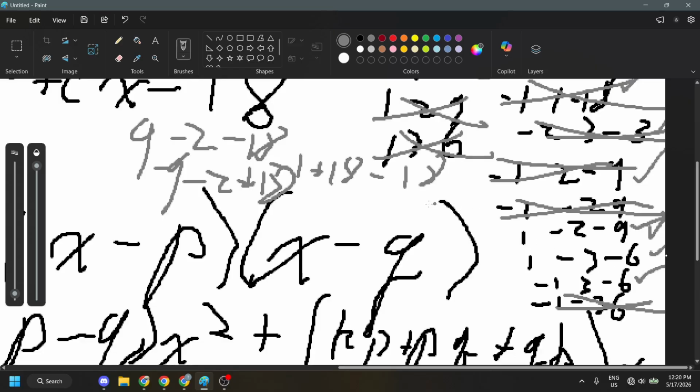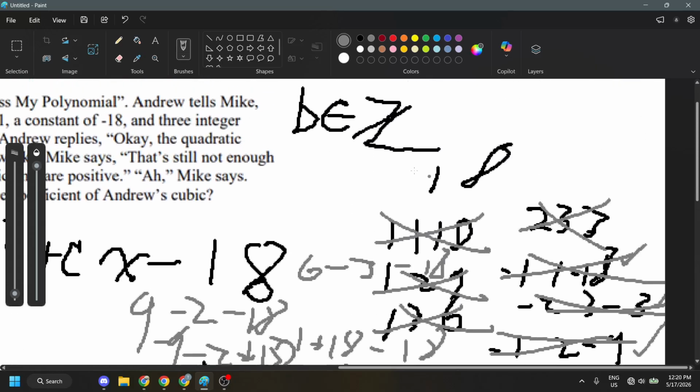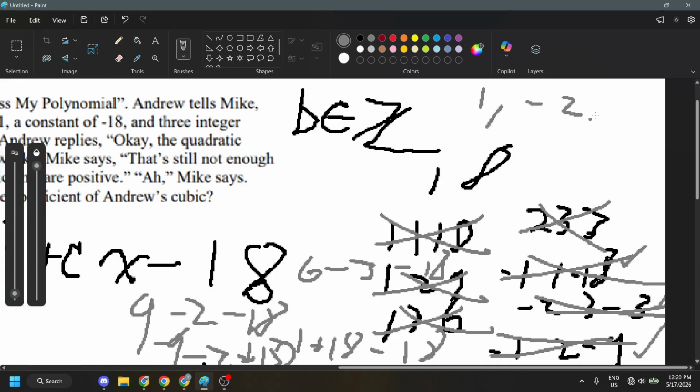Here we get negative 6 minus 3 plus 18. This one does work again. Then we get 6 minus 3. Well, 6 minus 3 minus 18. This one doesn't work. So now our final two options are 1, negative 2, negative 9,